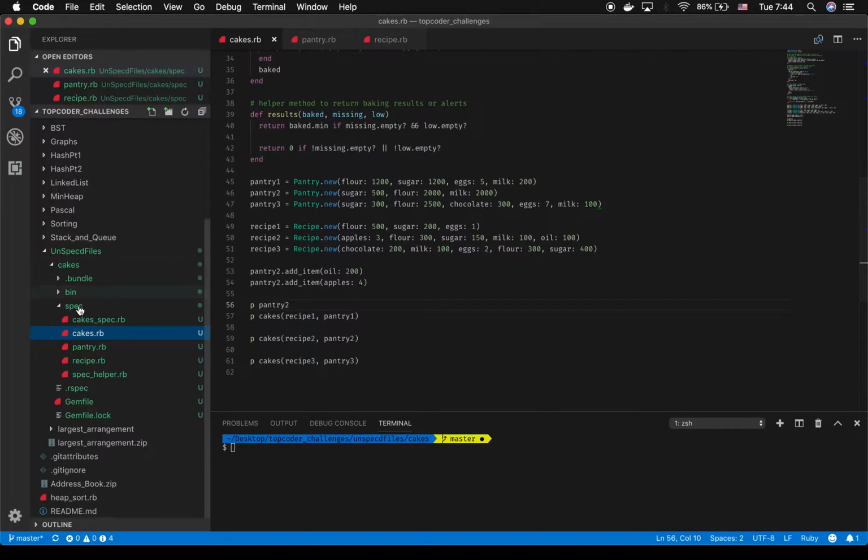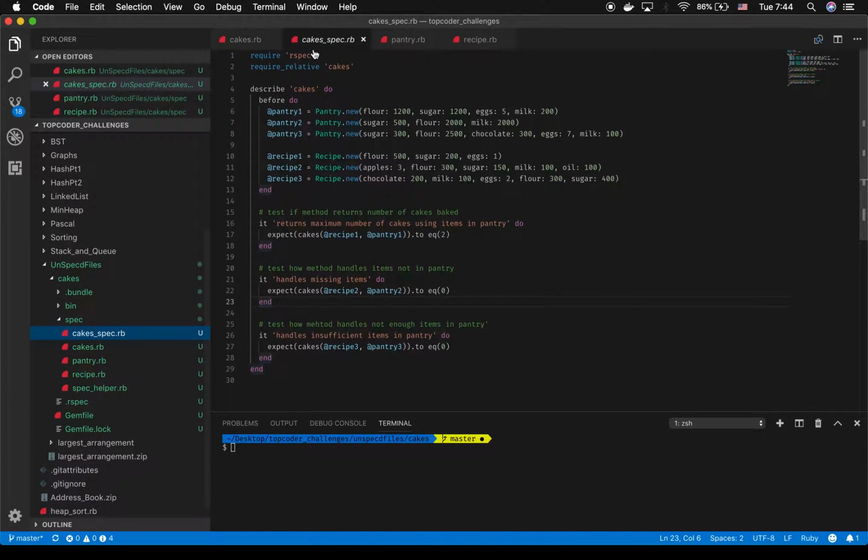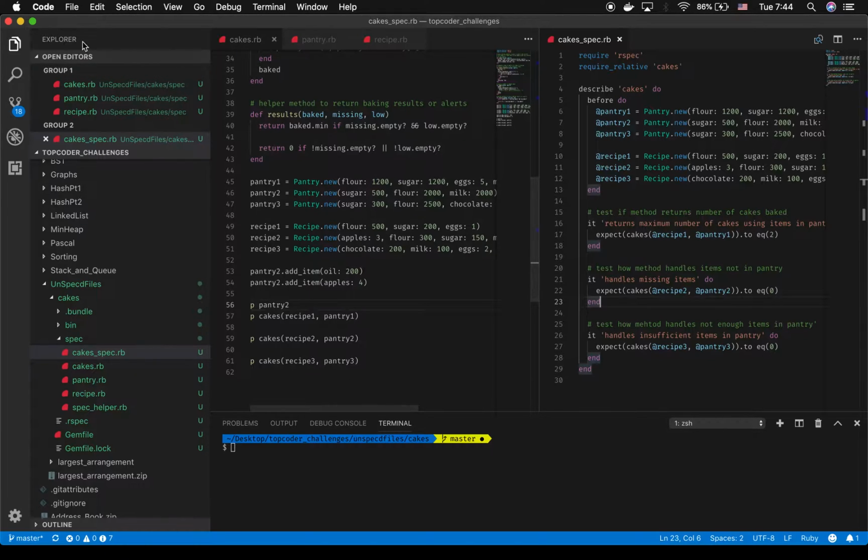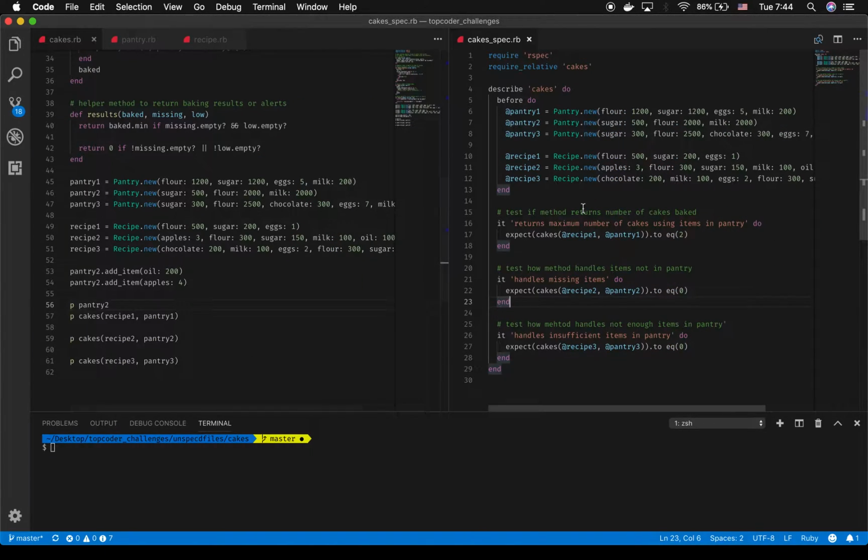So let me open that spec file real fast. Now the spec file tests each of these items. One, that should a cake be baked, it will return the number of cakes that are able to be baked. So if I take a look at the expectation, I'm passing in recipe 1 and pantry 1 to the